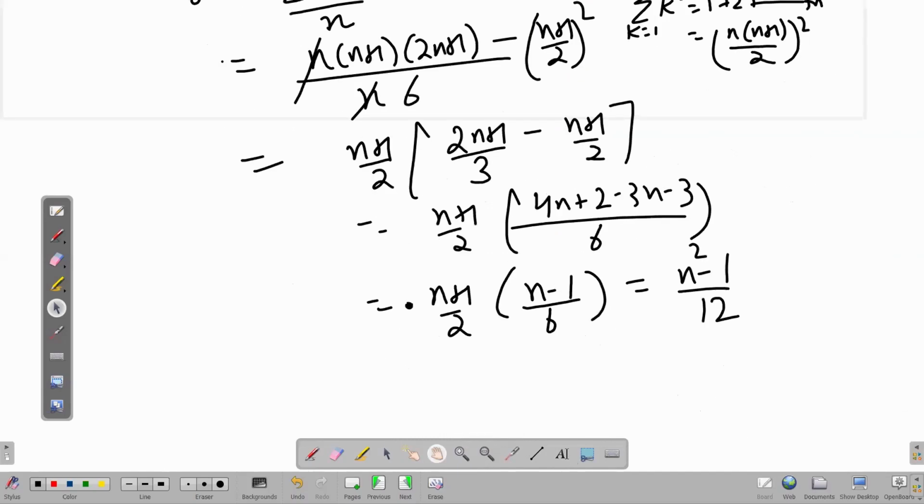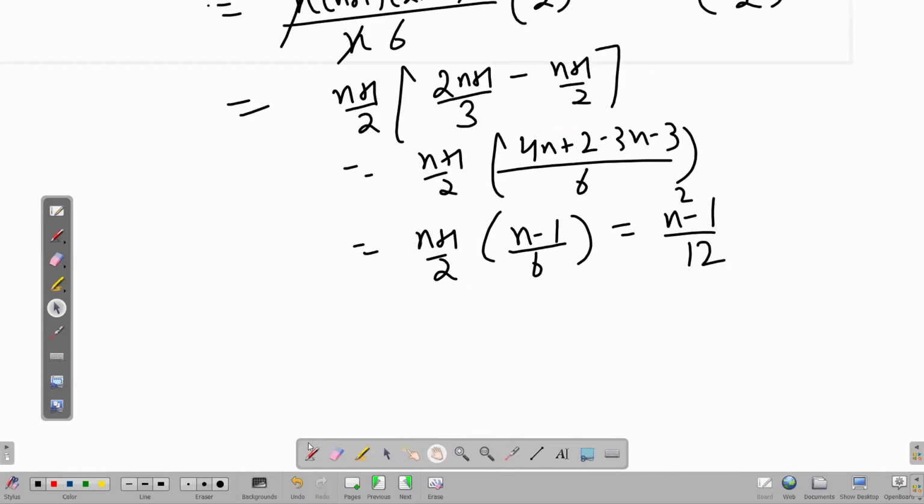Now I have obtained my formula. This is the variance of first n natural numbers. Suppose I have to find the variance of first 50 natural numbers, then in that case I just replace this n by 50. Now for the application of this,